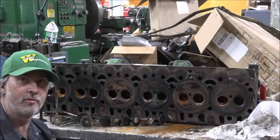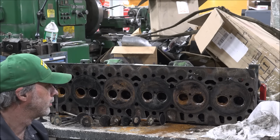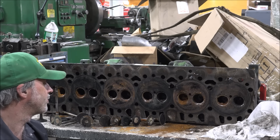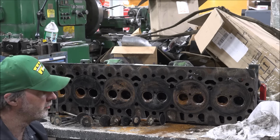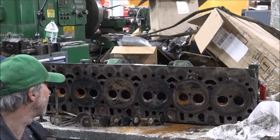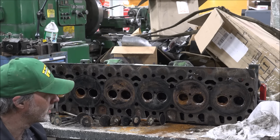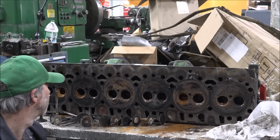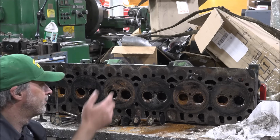Today we have a disaster of a cylinder head here to do something with. Not only does this head have valves in it that are pretty well shot, it obviously looks like it's been full of water for a long time, at least on the intake sides. Exhaust, some of them are fairly clean. The center's not so much, but